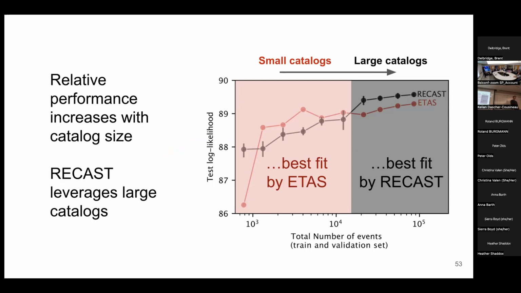I think it's a quite consistent pattern where, if you observe a process for a very short amount of time, a very crude model would work very well. But as you observe things for longer, you start being able to confidently say that, on data from the future, there might be actually second order effects, and so on and so forth. And I think ETAS is a very crude model. It's like this example.